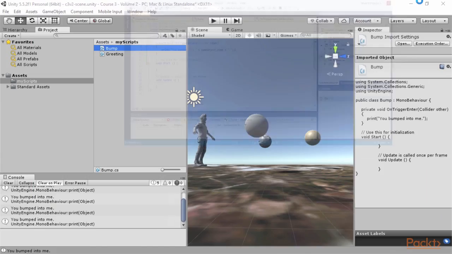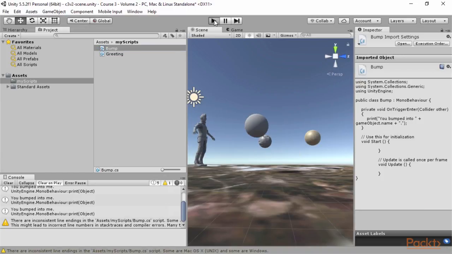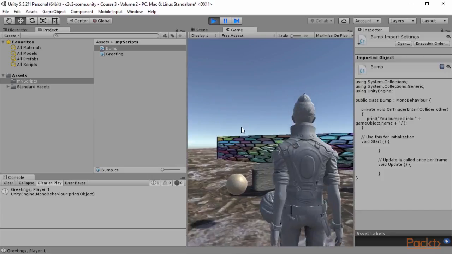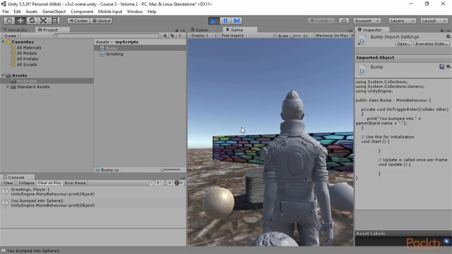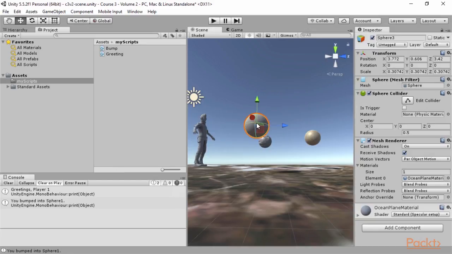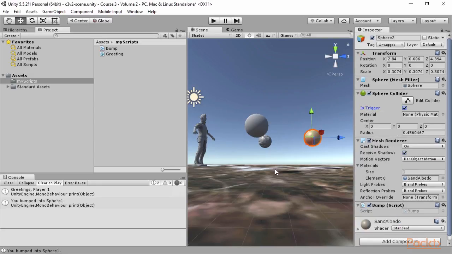Let's save that, minimize. Okay, so now let's run this again. And when we run into that sphere, it will say you bumped into sphere one. You can see that in the console window, lower left-hand corner. I'm going to take this out of game mode. And now what we're going to do is pick sphere 3, make it the sphere collider trigger, add component scripts Bump. Same thing for sphere 2, make it a trigger collider, add the script Bump to it,